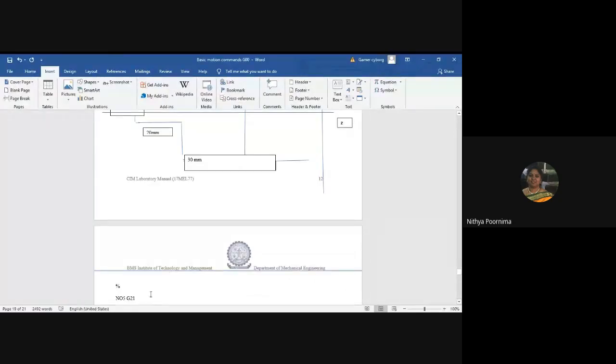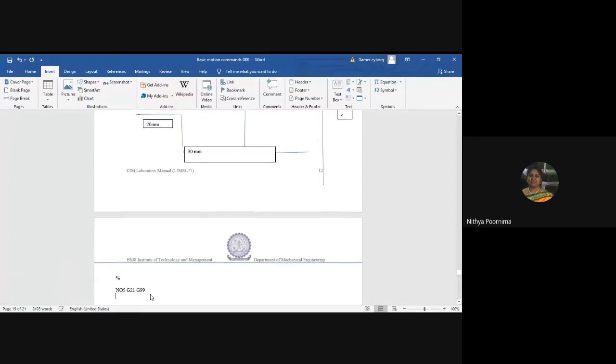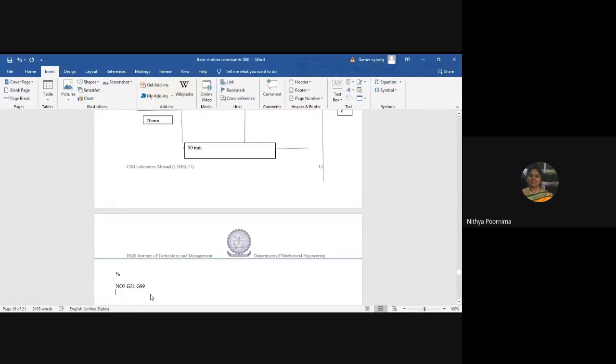And what is G99? If this is the case, then I'll simply give the program and ask you to write it and execute it. What is G99? Feed per revolution. The next block N10 will be G28.